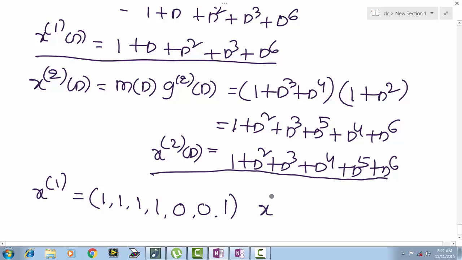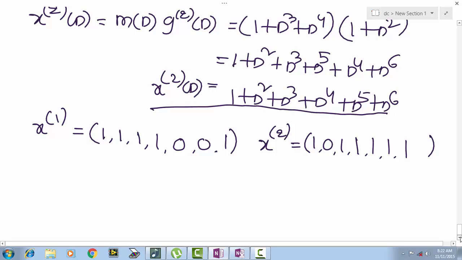Similarly, the second output sequence x of 2: d power 0 coefficient 1, d power 1 coefficient we don't have it, so 0, d square coefficient 1, d cube coefficient 1, d power 4 coefficient 1, d power 5 coefficient 0, d power 6 coefficient 0. Okay, right? So these are the two output sequences, and